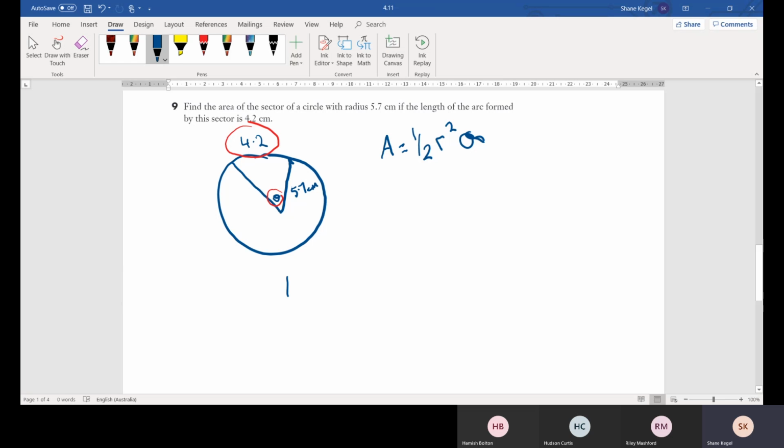So going back to last lesson, L, the length of the arc, equals radius times theta. So the length of arc we were given as 4.2 equals 5.7 theta. So therefore theta simply equals 4.2 on 5.7, which will give me